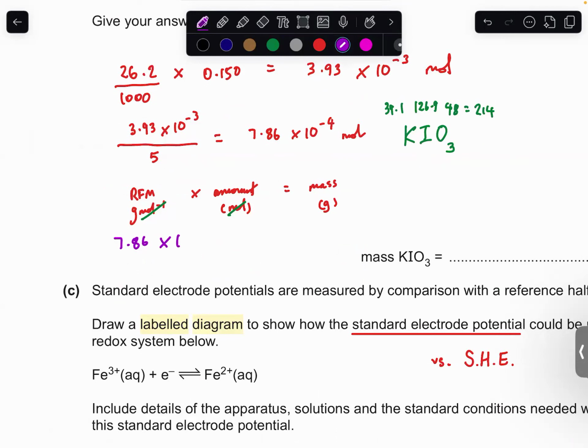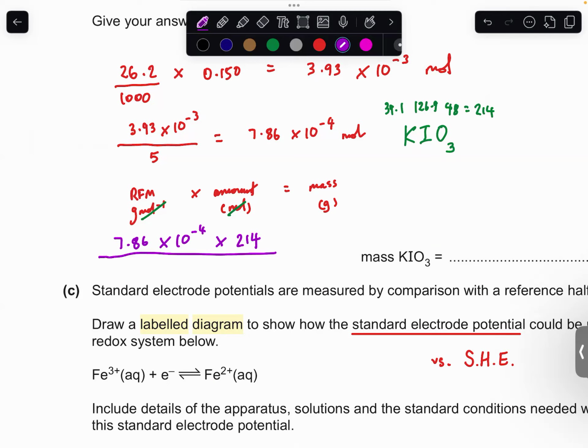7.86 times 10 to the minus 4 multiplied by 214. This gives you the mass of KIO3 in 2 tablets. Now, the answer is also in grams. So what we're going to do,